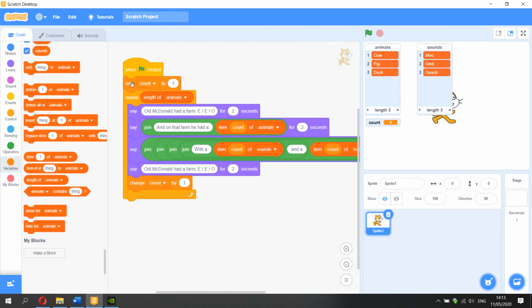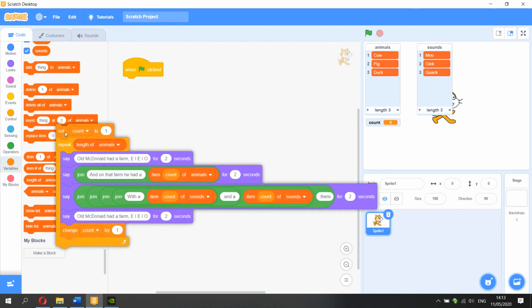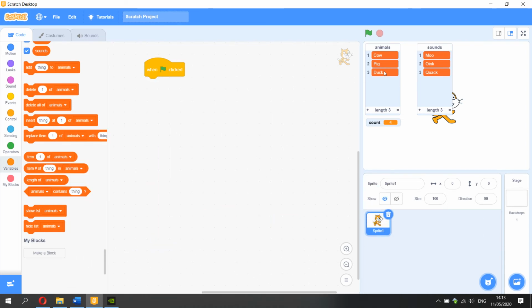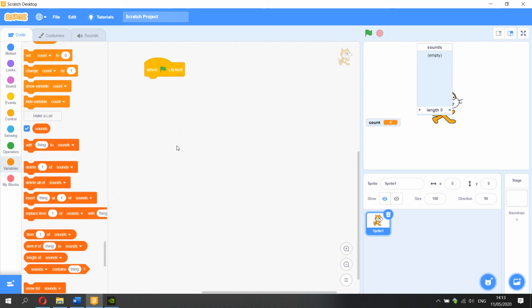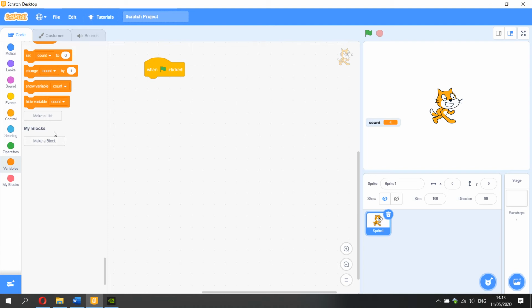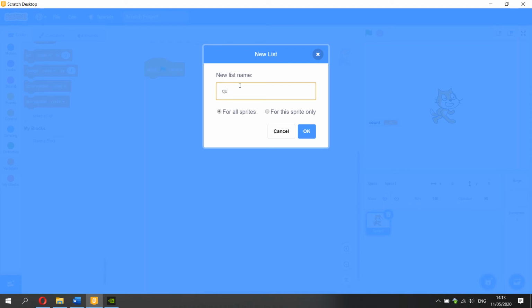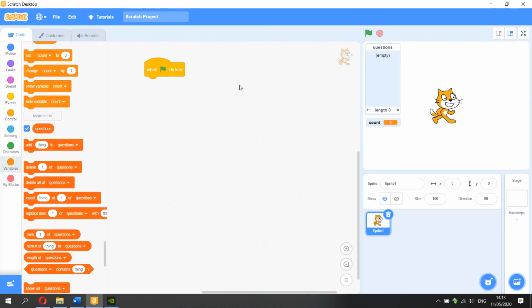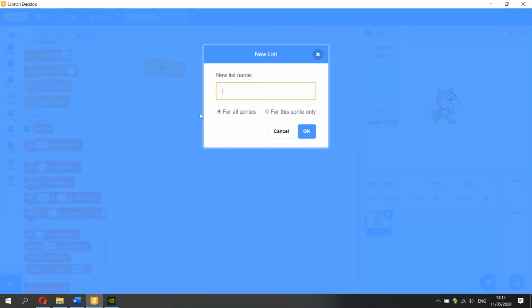Okay, so I am going to get rid of this code. We'll start from the bottom again because it'll just help you practice making lists and building up the same blocks, because it's the same similar concepts we're using in all these tasks. Just to practice doing that, I'm going to delete the lists, and we're going to need to have a list of questions and a list of answers. So I'm making a list, answers,